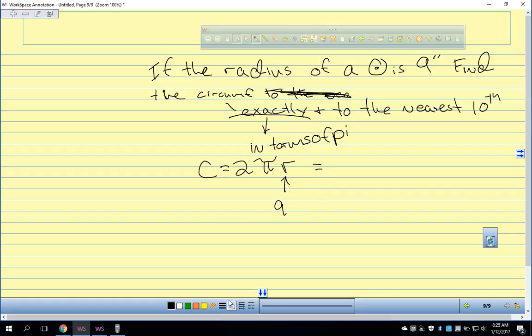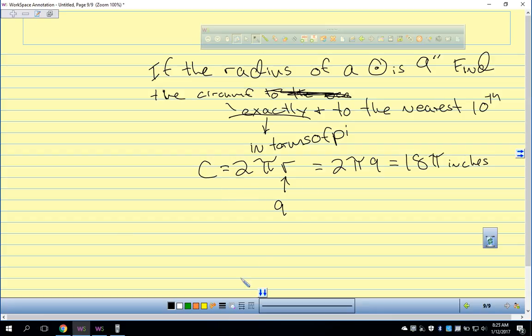So in terms of pi, what would that be if I leave the pi in the answer? What's 2 times 9? 18, right? So you have 2 pi times 9, which is equal to 18 pi inches. That's what it means by in terms of pi. You leave the pi in there. You don't multiply it together. That's an exact answer, because pi is irrational. If you leave it in terms of pi, you're not rounding anything off. It's about 3.14 times that, but exactly, it's called 18 pi.